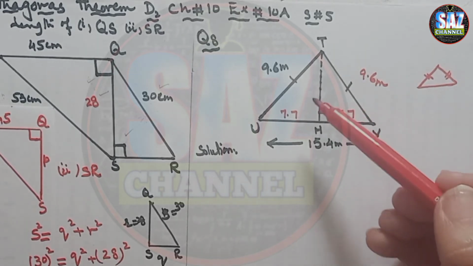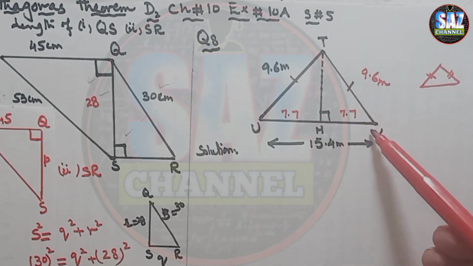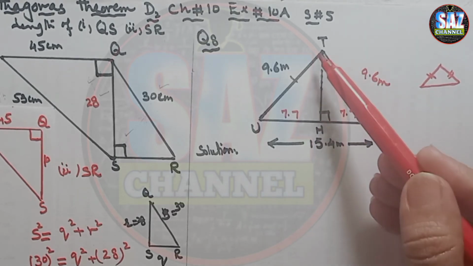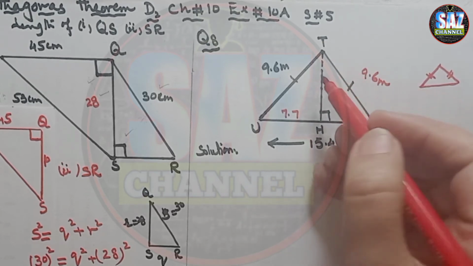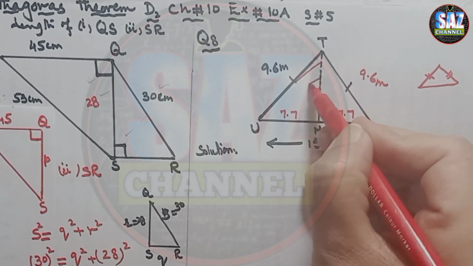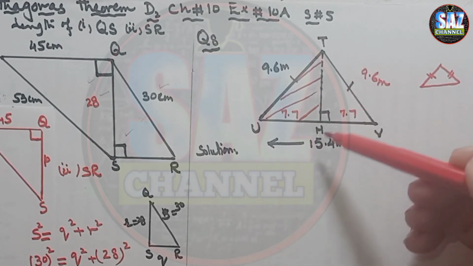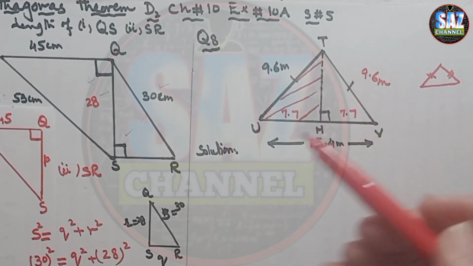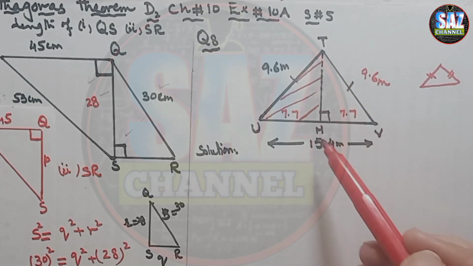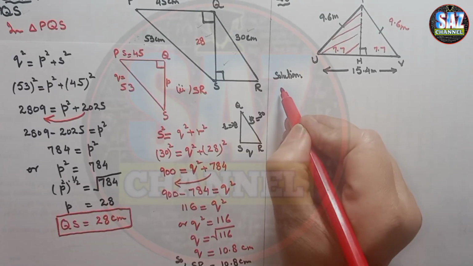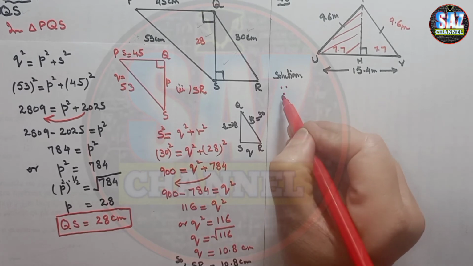Now you can see that we have two triangles with us. One is TUH and the other is THV. In these two triangles, TH is the common height, and we can take any one of the triangles to get the value of the unknown. I'm highlighting the triangle from which I'm finding that unknown. Because TH is the common height, we can use either triangle TUH or triangle TVH. From both triangles we will get the same answer, because, I hope my students know, this is the symbol of because.